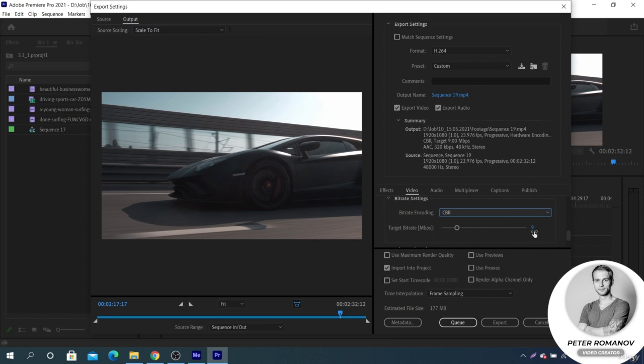If I choose VBR 1 pass, it will be already called variable bitrate. The bitrate changes depending on what is happening in the image. Target bitrate is the average bitrate. If there is a lot of action in the image, we don't want to fall into pixelation. It needs to increase the bitrate. It will increase to the maximum, and it will fall below the target value, to the minimum,